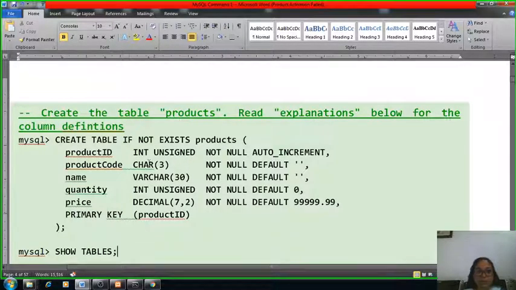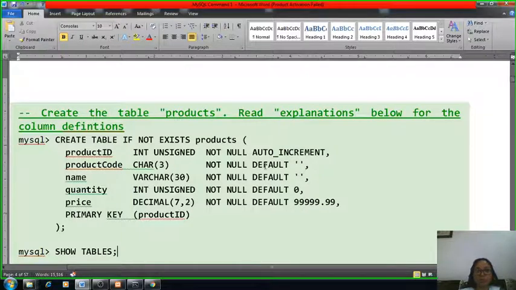The product code's type is character, and again it is not null because it is a mandatory value, and the default is a double quote, that is a space. It means sometimes it may happen that our attribute's value is not optional but mandatory, but sometimes we don't have this value and we have to go forward inside this database. So at that time we can specify the default value that we want.